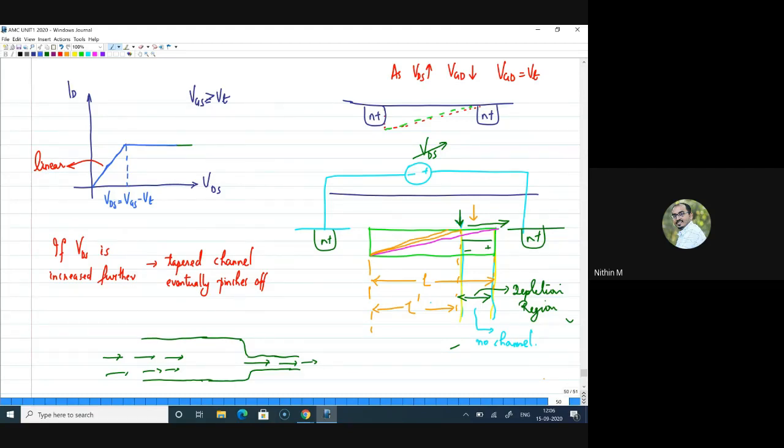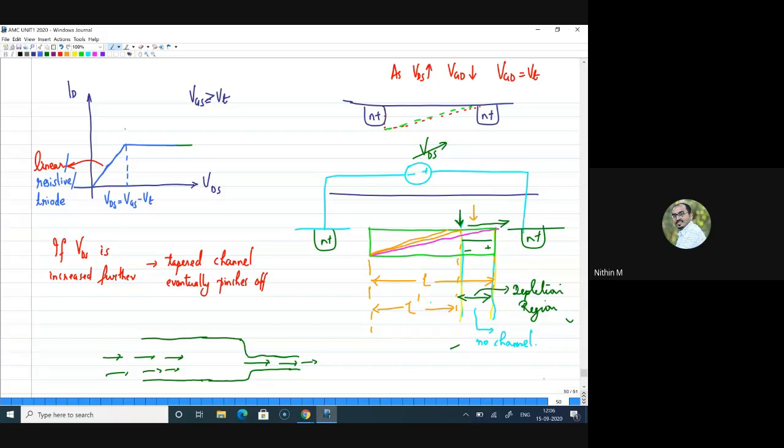Whatever the slope is, there is some proportion between the applied voltage and current. That is why we call the initial portion the linear region, or sometimes the resistive region, because this is similar to how a resistance behaves. This is also referred to as the triode region. The name comes from the response of a triode valve, one of the initial components. So we often call this region the linear, resistive or triode region.